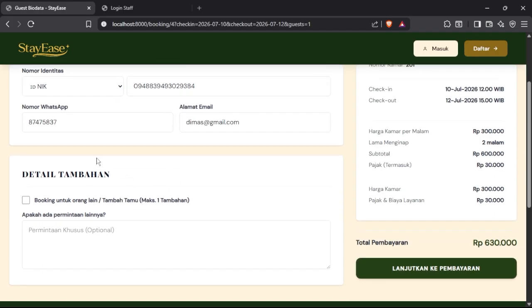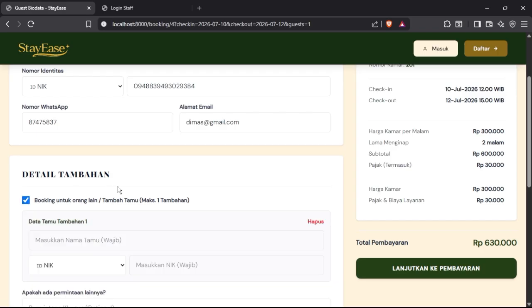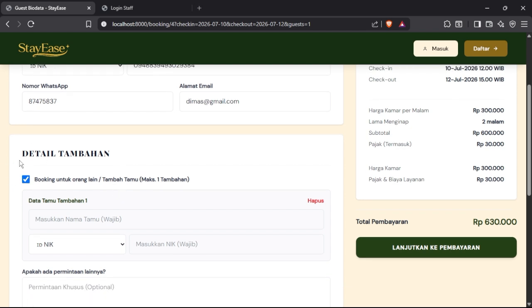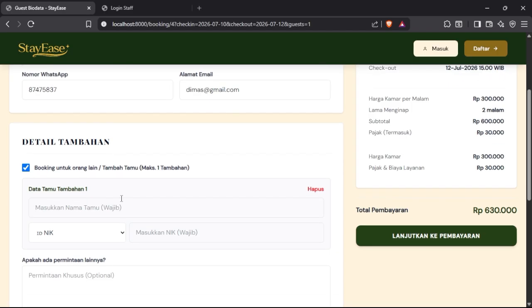And then the guest can also give more information if they are reserving for another guest. I mean, if they need to book for another person, they need to check this box and input the data. This is also for if the guest brings one or more people, more than one person.